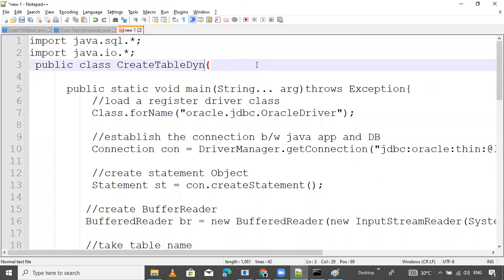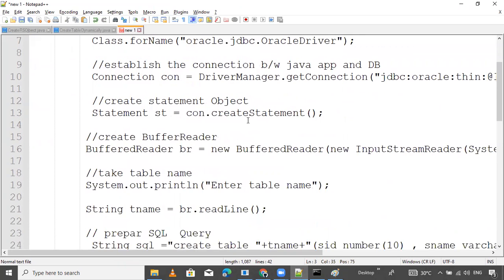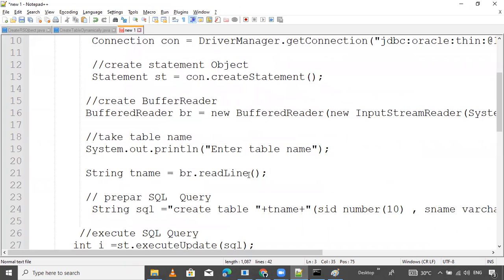Dynamic record insertion, dynamic insertion. That's it.